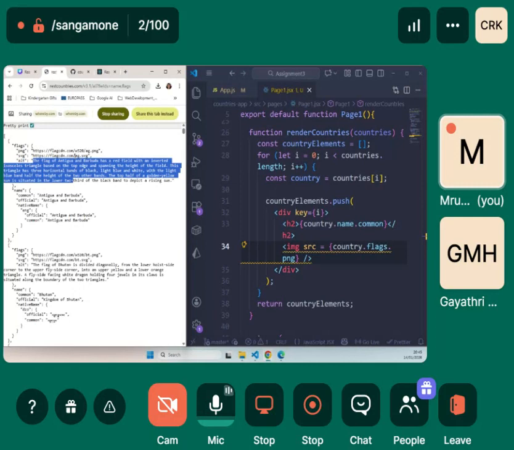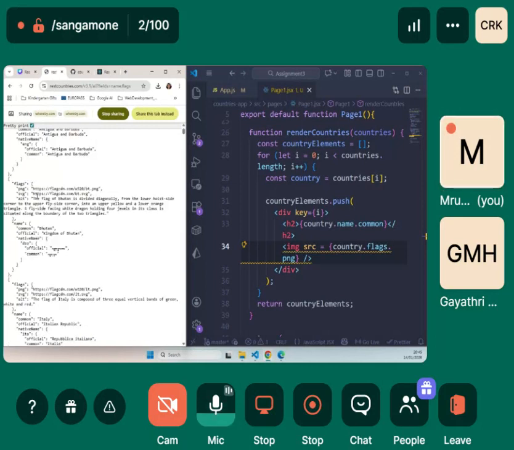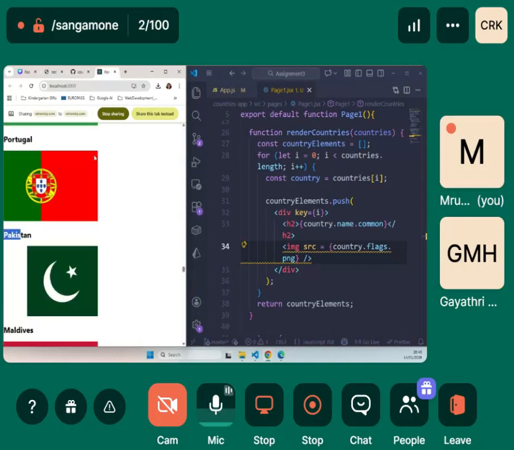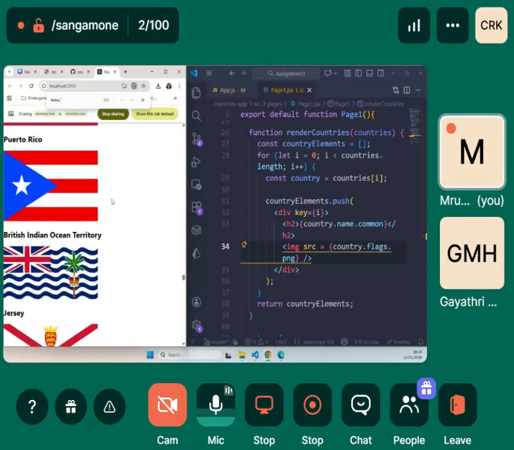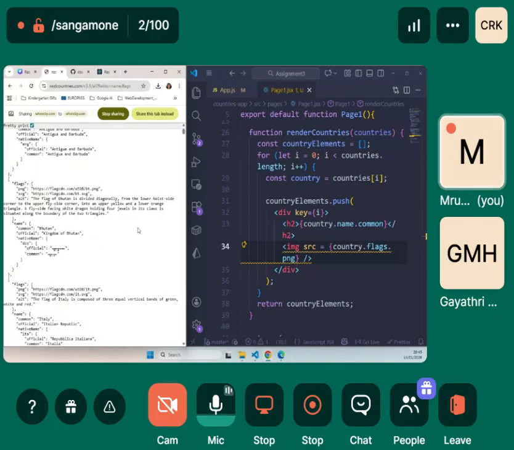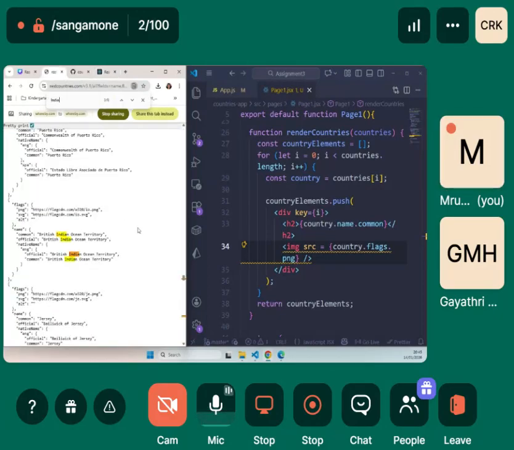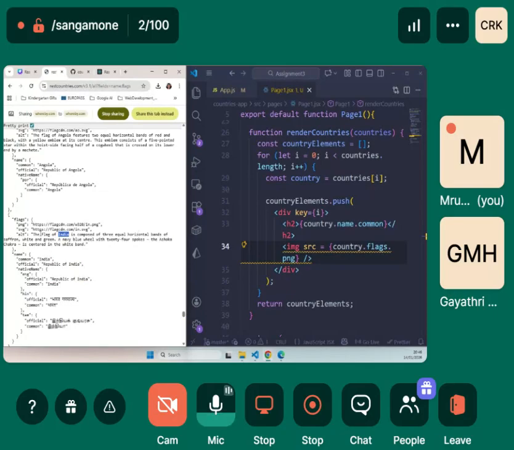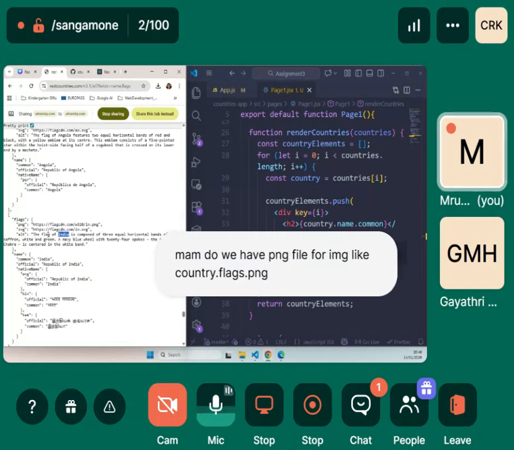Say for example, Bhutan. Let's say India itself. India would be a better option for us, correct? Because we already know our country's flag. So let us go to India here. See, the alt is the description. The flag of